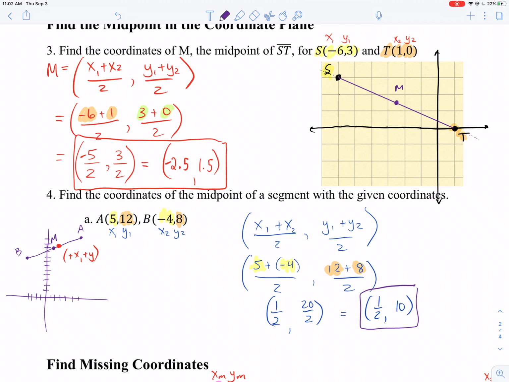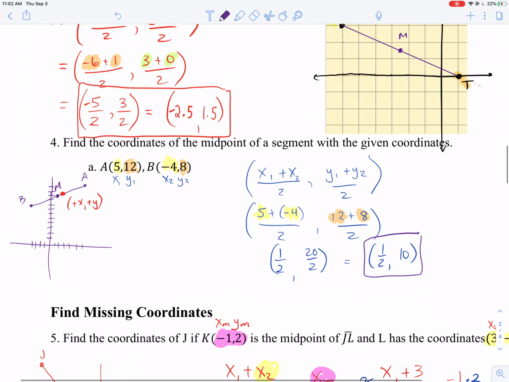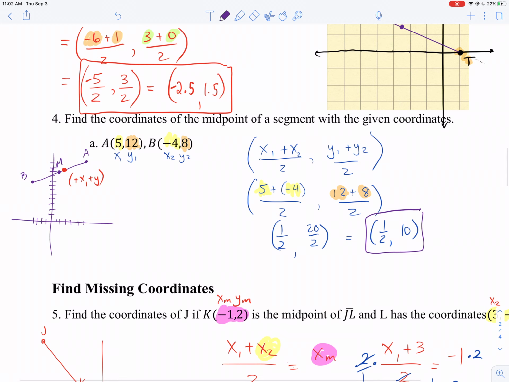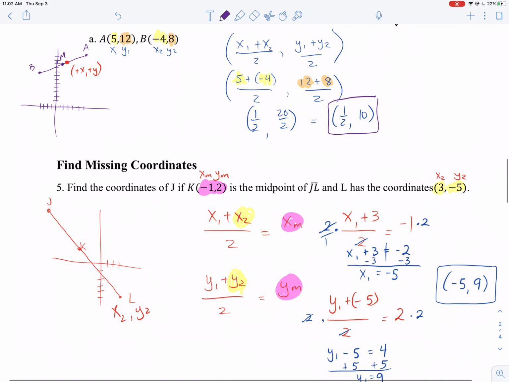All right, so finding the midpoint's actually not that bad. You can use the formula, but then we get to examples where I will give you the endpoint and the midpoint, and you need to find the other endpoint. So it's really important we use those formulas. So again, here in our example,